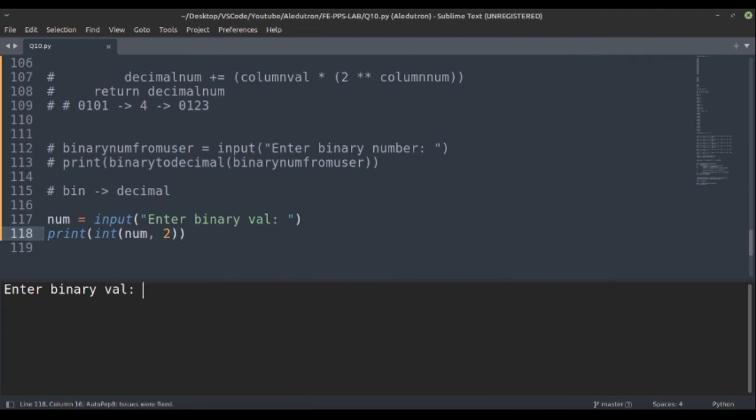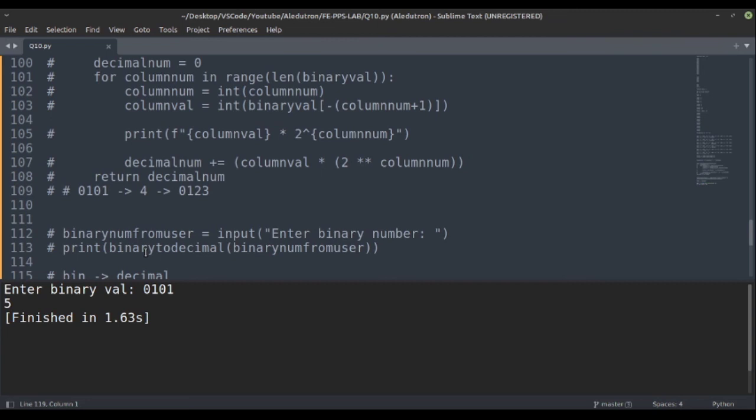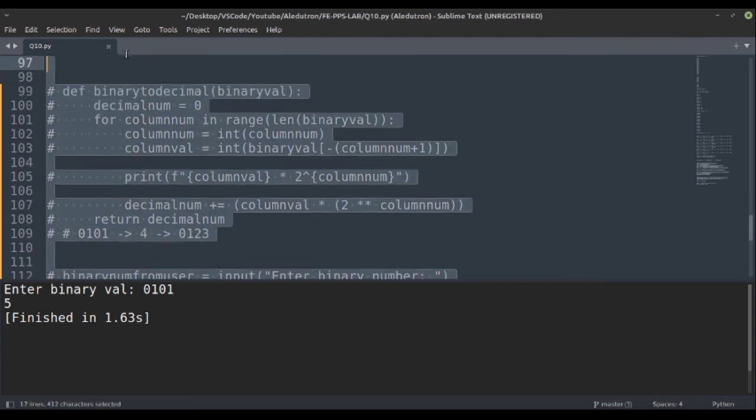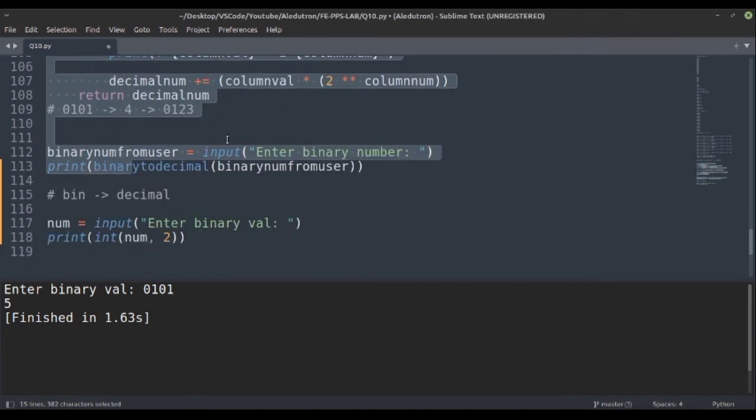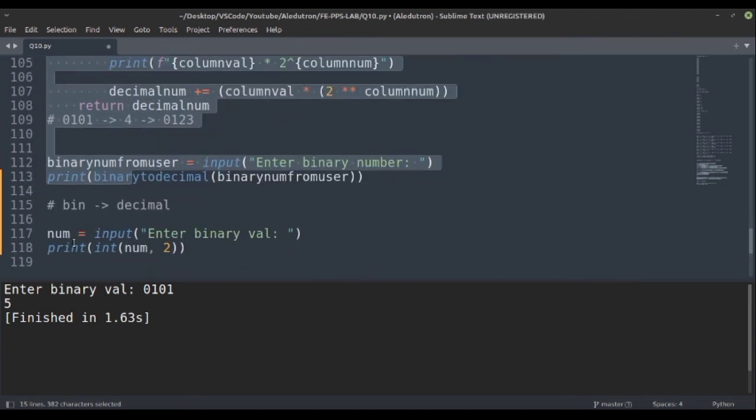So if we print this and enter binary value 1010, it prints 10, the same value as our function gives. If I change it again to 0101, it gives the same value 5. So let's run both the codes simultaneously. Here our function starts, and then we will take the same binary input.